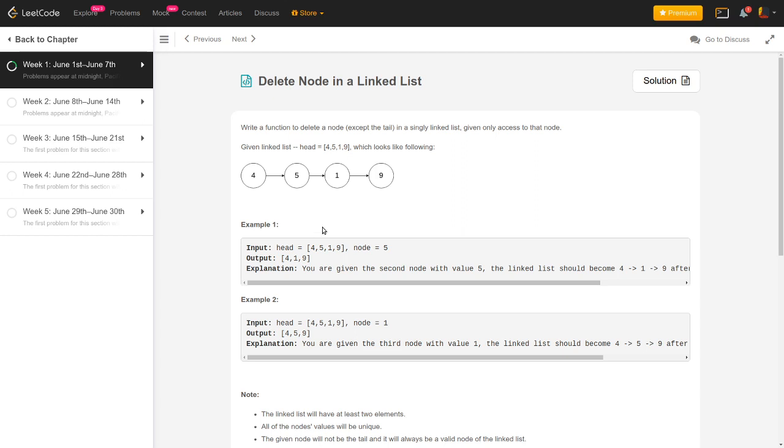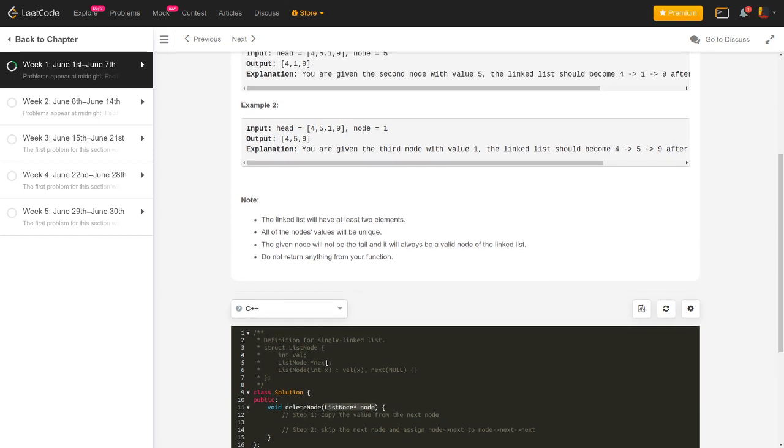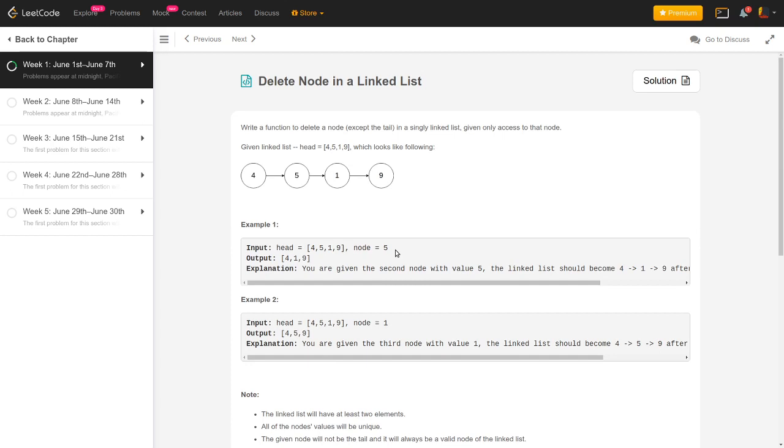So even I was a bit confused when they gave the input like this. So the problem is something like this. You have a linked list and they have directly given you the node which you want to delete. If you have a look at the function definition, they are just giving the node that you have to delete. They're not giving the value. Why? Because for example, if this is the linked list 4519 as mentioned here, they're directly giving you the node 5, and you still have to somehow perform the delete operation with only the given node.